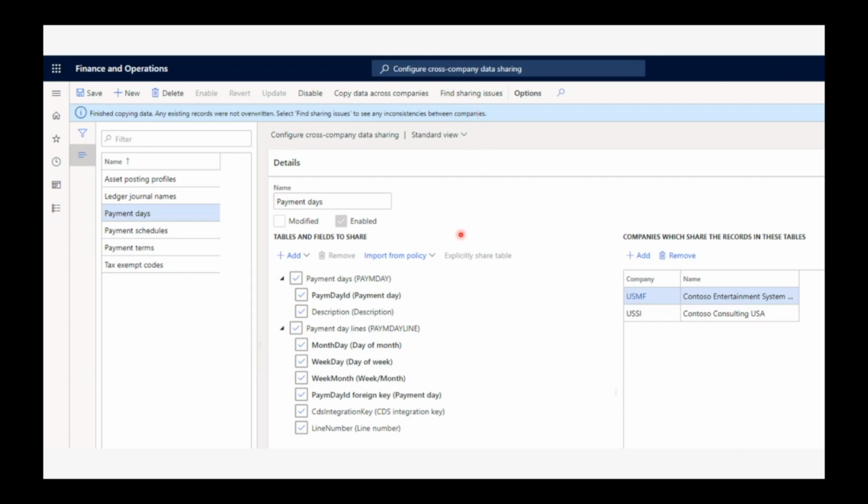You press that, and the system will show you a mismatch, and it has a user interface which allows you to select which of the records you're going to use as master. And once you have finalized all those sharing issues, that's the moment that the policy will be running.